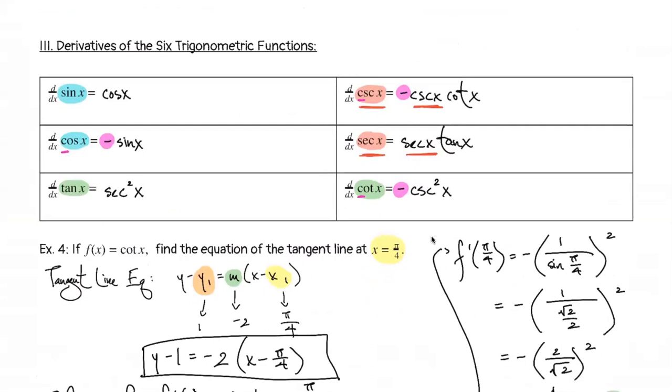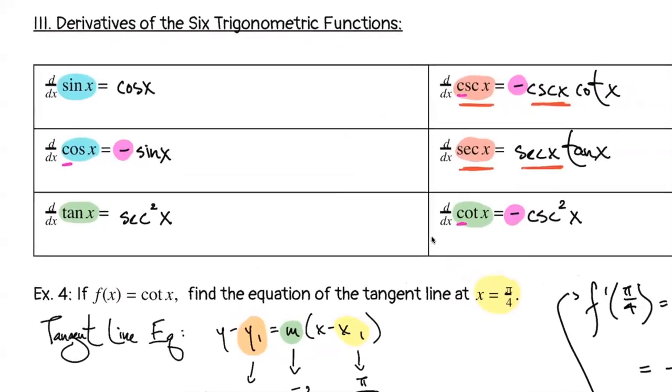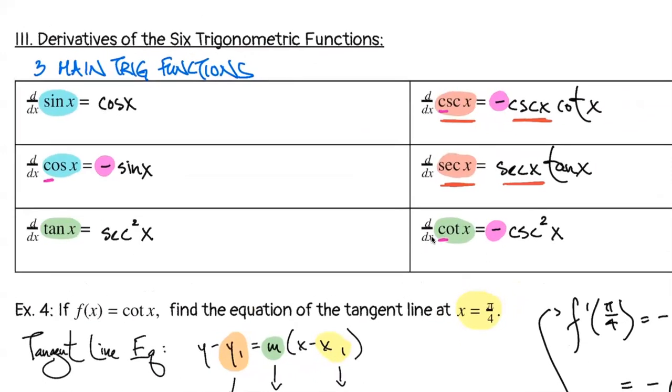And the color coding here was just us trying to think about some strategies to help us remember the different ones. And one more layer I want to add on here right now is that the sine, cosine, tangent, these 3 trig functions are known as the 3 main trig functions. So typically when someone says trig functions, they're saying sine, cosine, or tangent. But the cosecant, secant, and cotangent, those are known as the 3 reciprocal